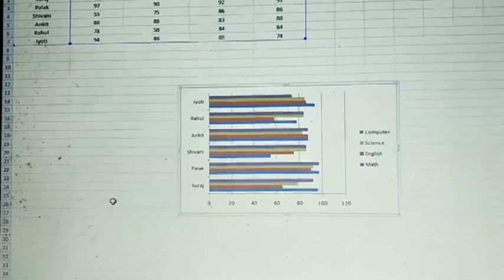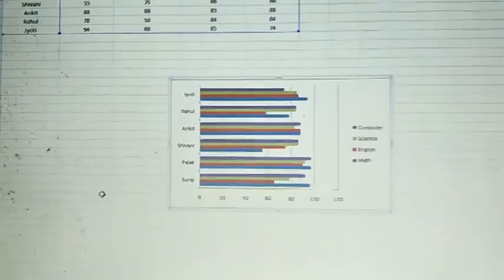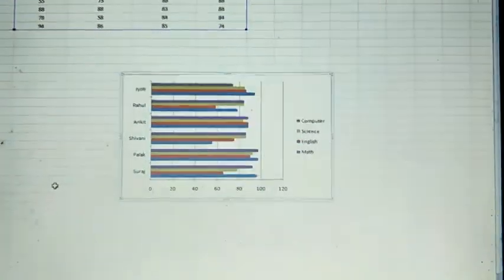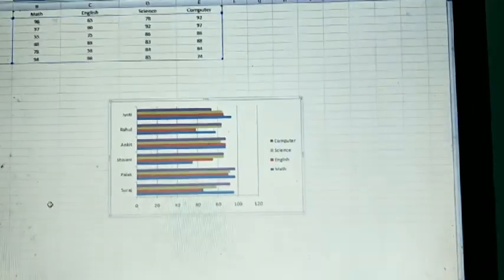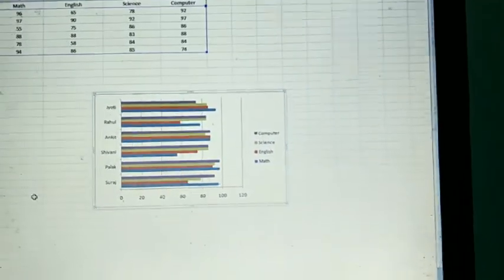That is the difference. In column chart, x-axis represents a category and y-axis is used to plot a value, and in a bar chart, y-axis is used to plot a category and x-axis is used to plot values. That is the difference between the column chart and bar chart. Now understand the next one,